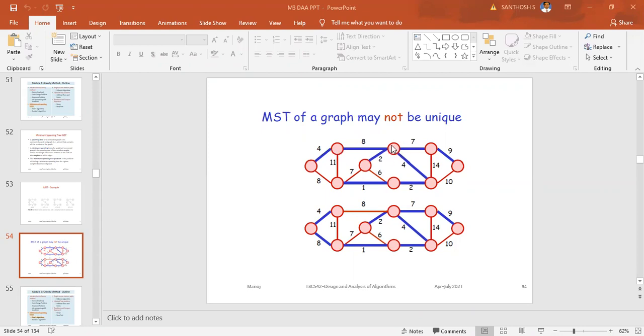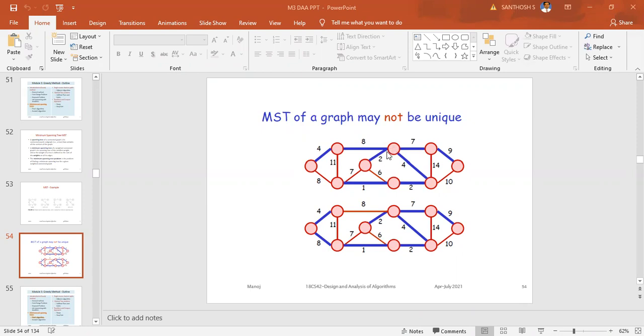This is node number 3. So node 1 you have got, node 2 you have got, node 3. Now you are at node 3. From node 3 the edges are 2, 8, 7, 4. How many edges are there? 2, 8, 7, 4. Which is the minimum one? You have to tell me.